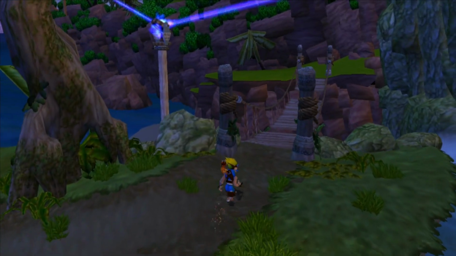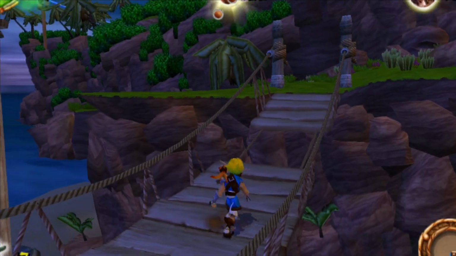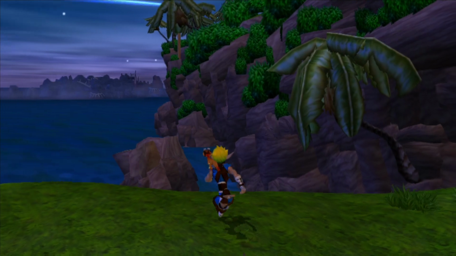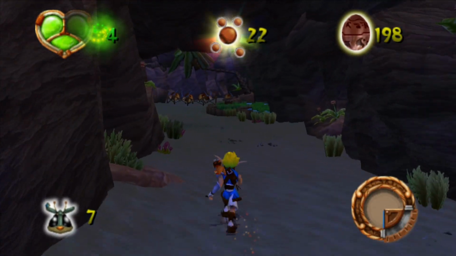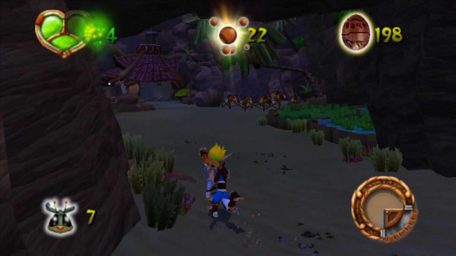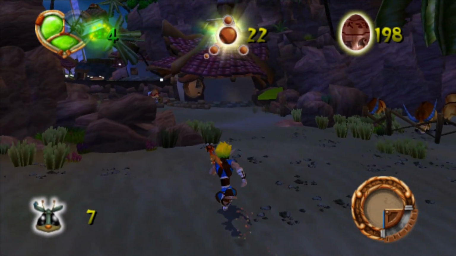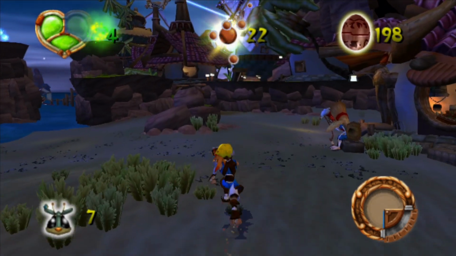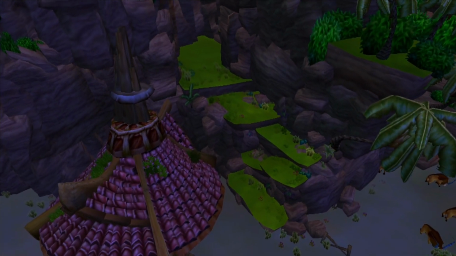If you're not too sure on your progress, if you press R2, that'll pop up with everything that you have in the area that you're in. So that shows us our total amount. We've got all 7 scout flies and I've got 198 orbs and 22 power cells. So we are in the requirement of being able to go through